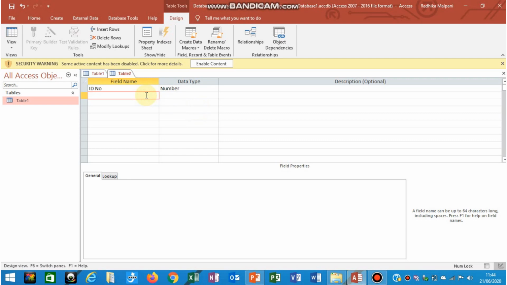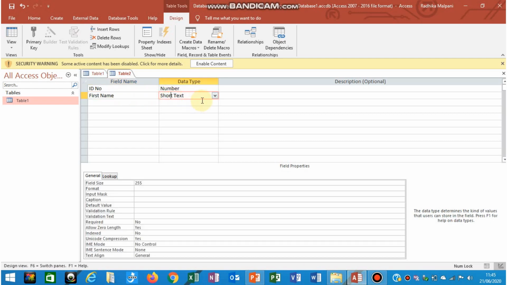So to add the next field, click on the row below the ID number, click on that cell so that cell will be active. I am entering the second field as first name. First name you have entered. Now the data type of that first name will be short text only, right?